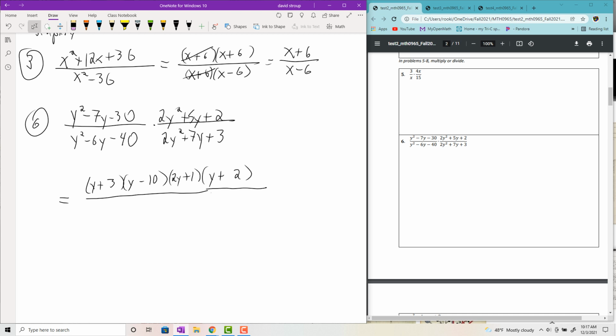So I need the 2 over here to get that 5 in the middle. Downstairs, factoring the first trinomial, I'll have y, and then plus and minus, and then 10 and 4. Okay, so 10 on the bigger one, 4 on the smaller one. The next, we have 2y and y plus. I need the 3 over here to get that 7 in the middle, and then 1. Remove your common factors, and you're left with y plus 2 all over y plus 4, and that's it. Okay, so just factor,